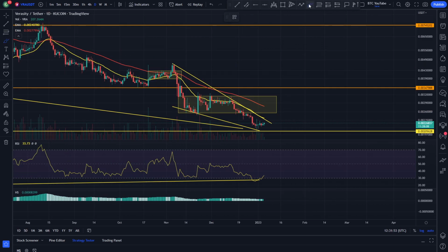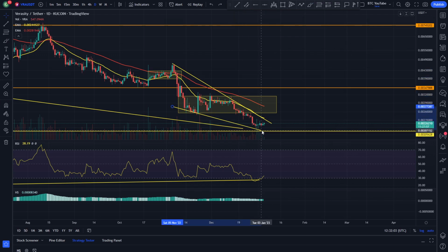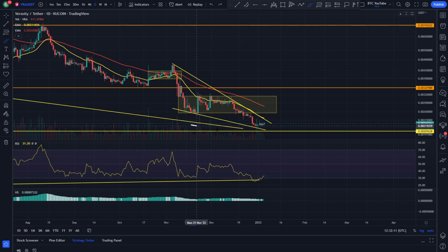Just like a lot of altcoins at the minute, we have seen a lot of descending wedge formations. You've got your high, your low, your high, and then we've come down, tested the low, and now we're looking essentially for a break back to the upside to retest the high of a wedge formation. You can see coiling up into this area with smaller and smaller candles, some decreasing volume as well somewhat. And really,